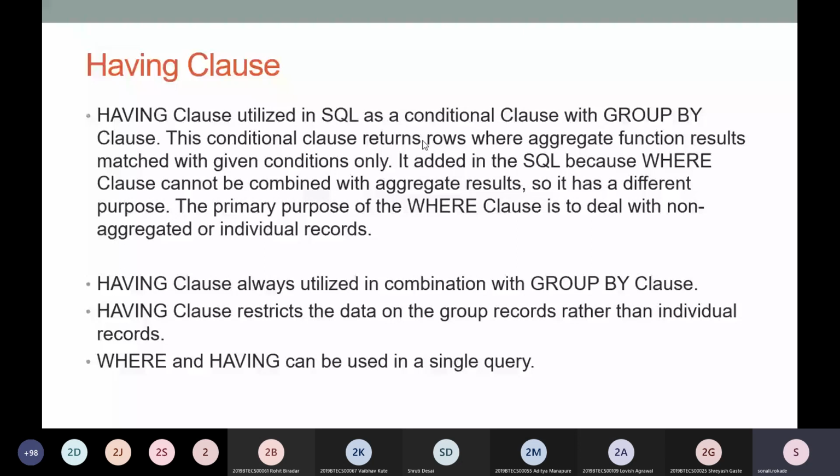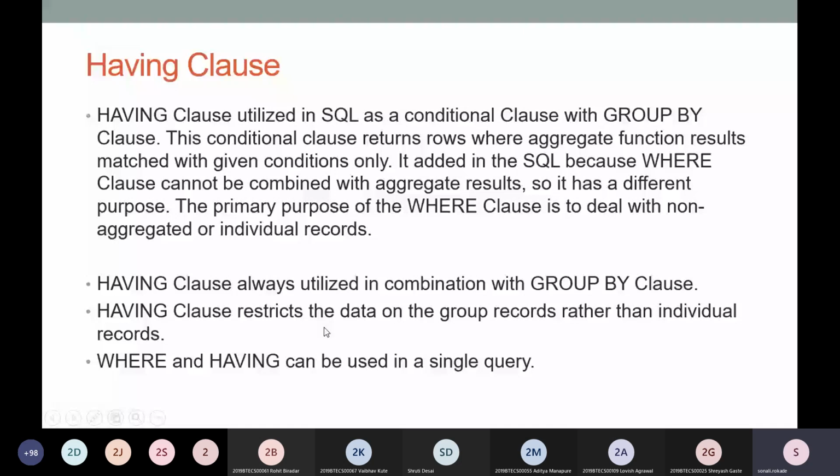The primary purpose of the where clause is to deal with non-aggregate or individual records. So what are the points to remember with the having clause? The having clause is always utilized in combination with the group by clause, and it restricts the data on the group record rather than the individual record. Where and having can be used in a single query.